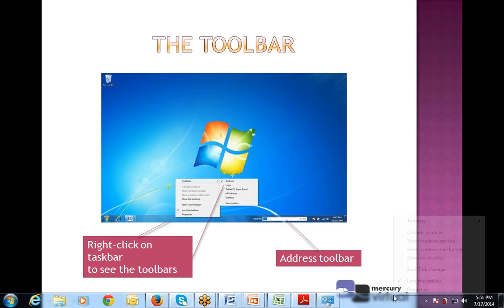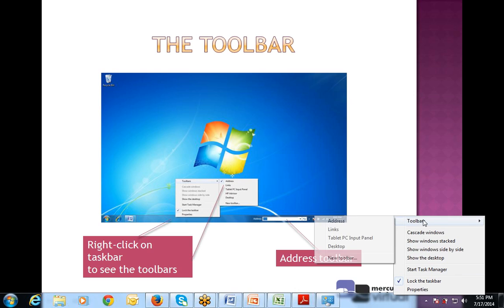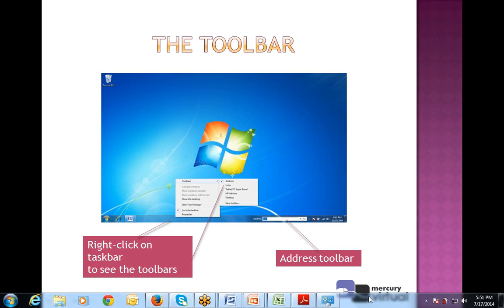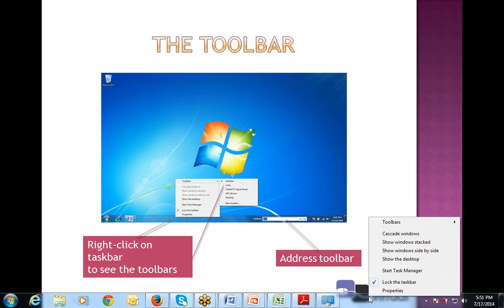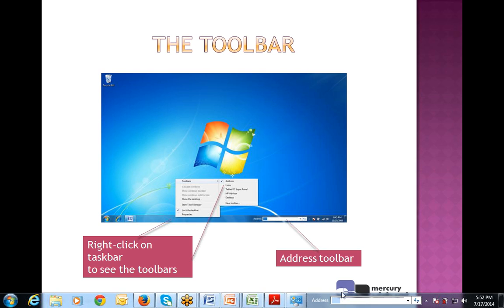Like if I click on this one, this is a toolbar. So these are the toolbars available. This diagram shows this only. Again, I am doing right click, a menu will be generated, that is known as a pop-up menu. Just go to toolbar and then address, anything you can access, like the address bar. I click on address, so the address bar came. I can type anything. Clear?